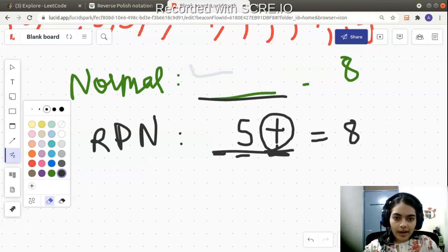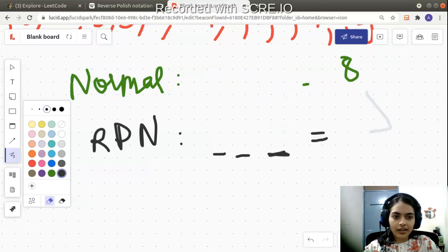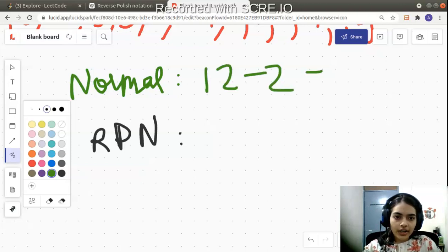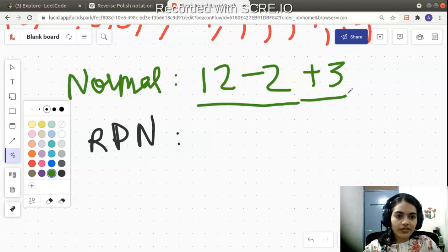These are just two different ways of writing the same thing. Let's take another example to understand this, and then we will move forward to the logic of our code. Suppose you have the expression 12 minus 2 plus 3. How do you evaluate this in the normal way? 12 minus 2 is 10, 10 plus 3 is 13.